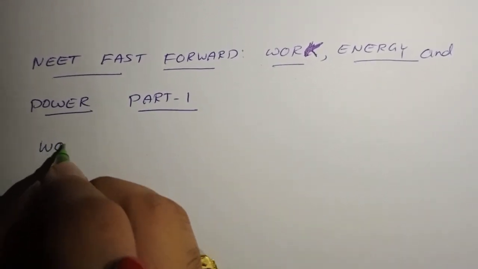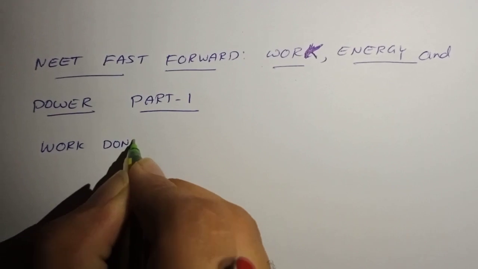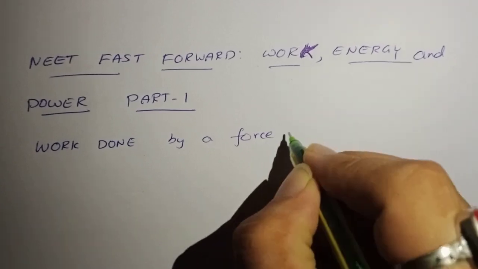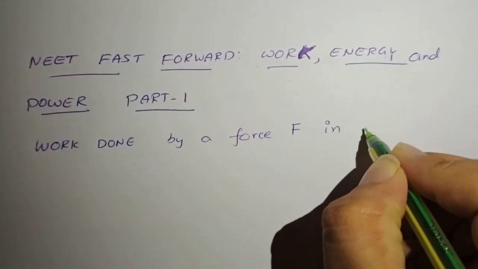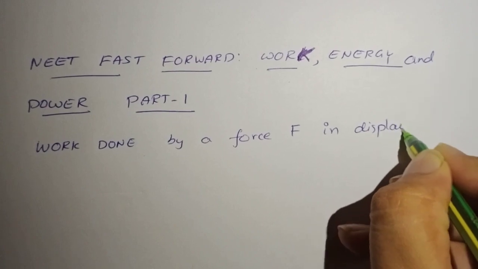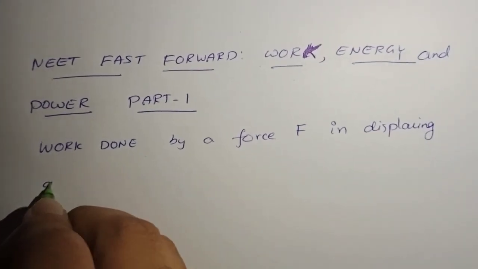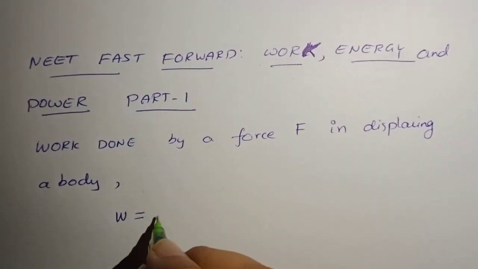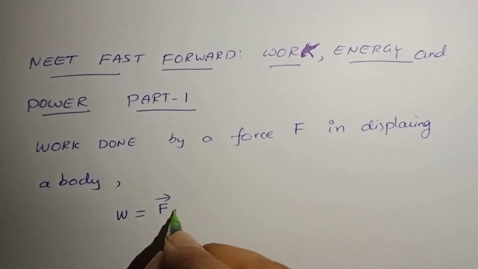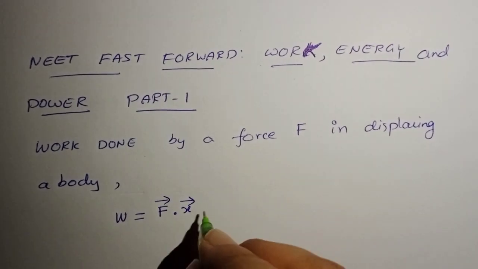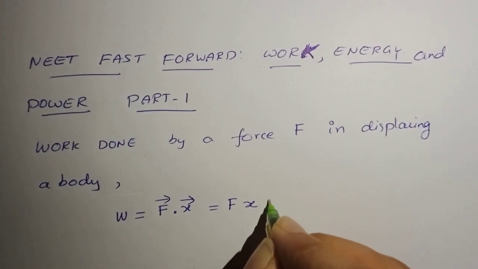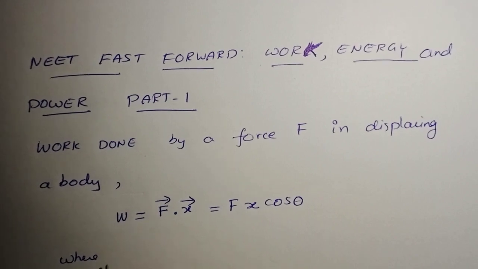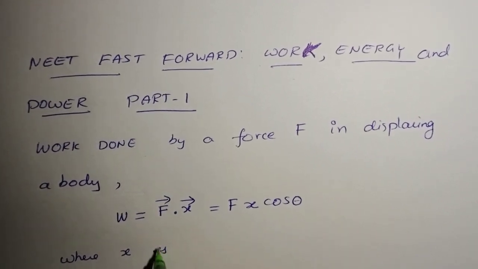Work done by a force F in displacing a body is given by W = F · x, or that is equal to Fx cos θ, where x is the displacement,